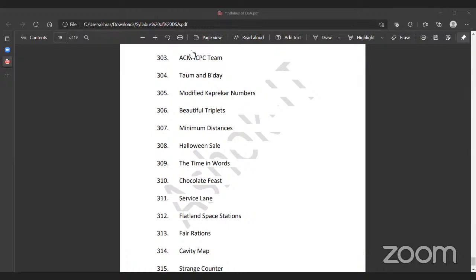Okay, and my second question is, the only purpose of taking up this course is to get selected in product-based companies. So how much does the profile matter for a product-based company? What experience do you have? I have only 2 years of experience in Java as a Java developer.